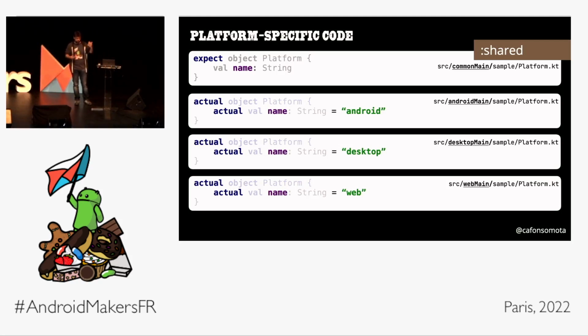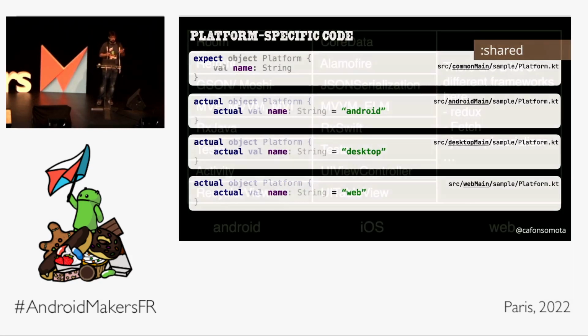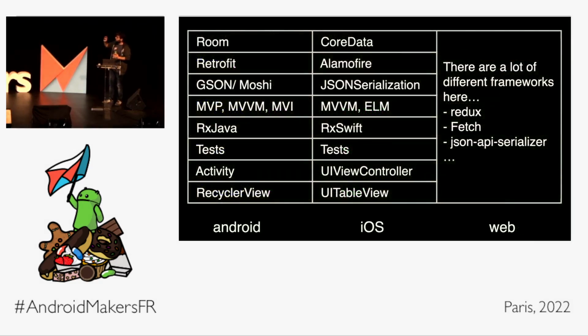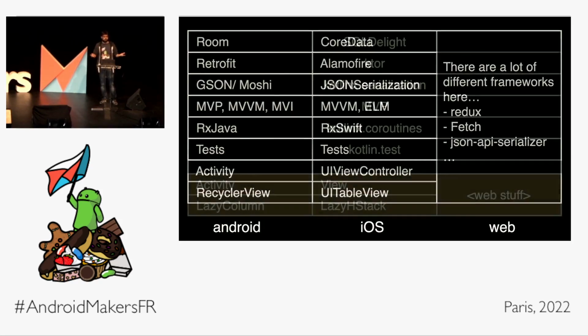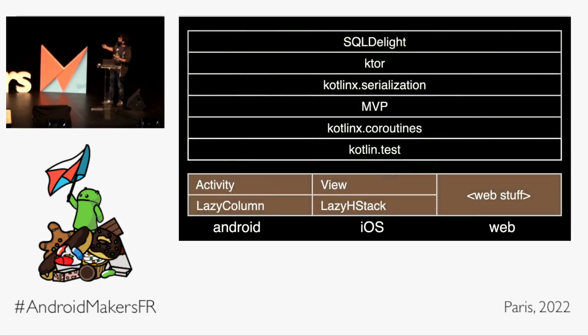And another question that I often get asked is, OK, but Kotlin Multiplatform is in the beginning, so are there libraries for it? There are tons of libraries. So perhaps these are the most famous libraries. On Android, you've got Room, on iOS, Core Data, Retrofit, Alamofire. These libraries are quite similar, but they depend on the platform that you're using. The really cool thing about multi-platform is that, imagine, let's merge all of these libraries, and you can have them. You can have SQLite for database, Ktor for network, Kotlin serialization, Kotlin coroutines, etc.